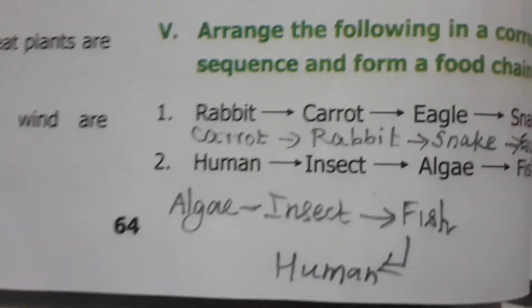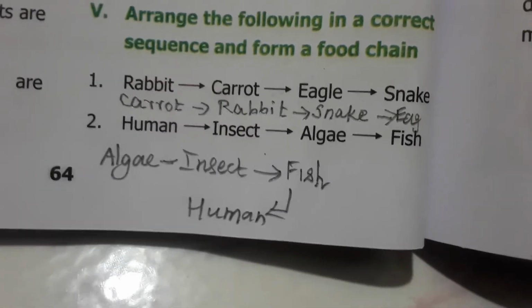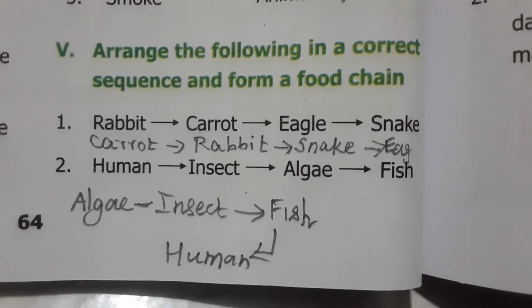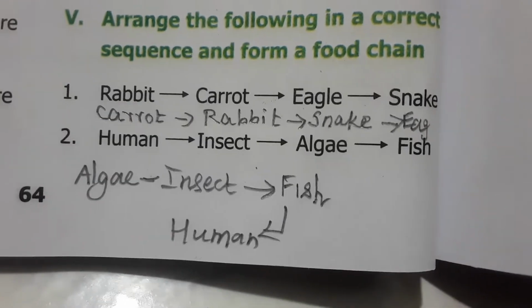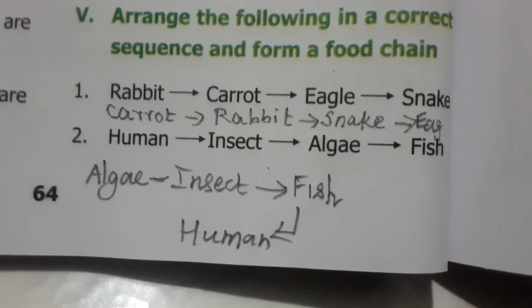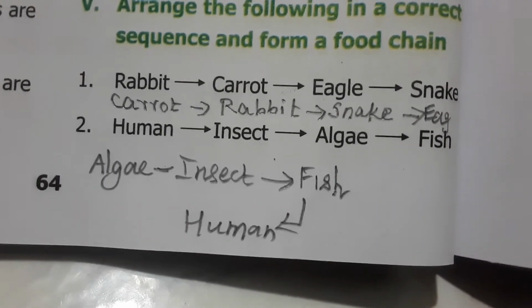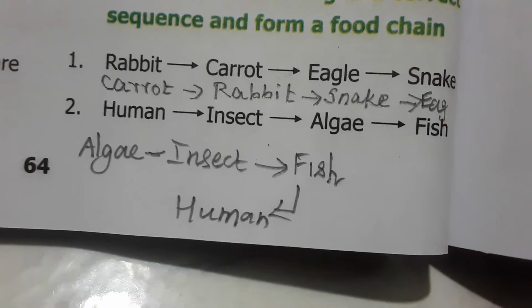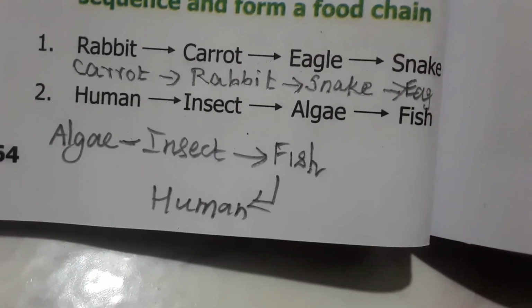And next one is arrange the following in a correct sequence and form the food chain. Rabbit, carrot, eagle, snake. The correct statement is carrot. That carrots are nothing but the plants. They are the primary producers. So the producers are eaten up by rabbit, and rabbit is eaten up by snake, and snake is again eaten